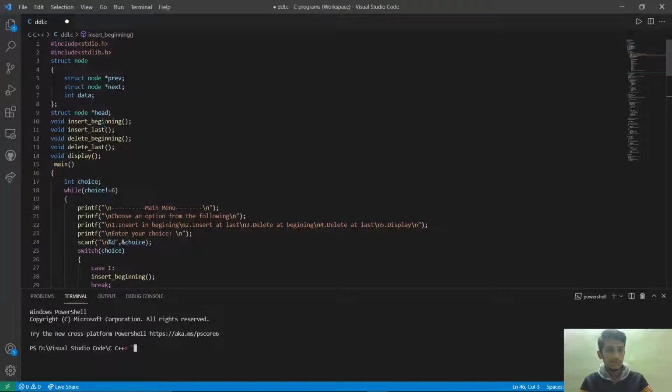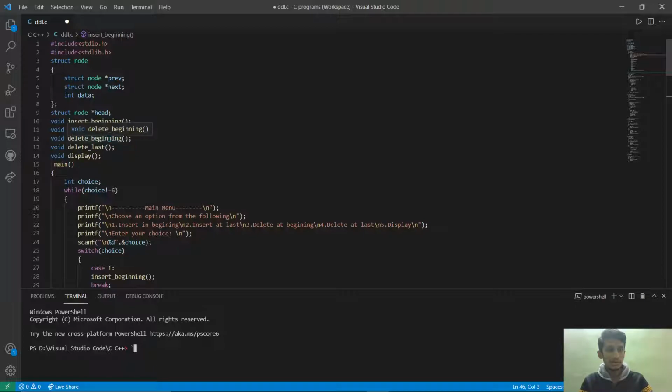Then void insert beginning; these are the functions we are going to see in this video. Void insert beginning is to add the element at the beginning. Void insert last is used to add the element at the end.